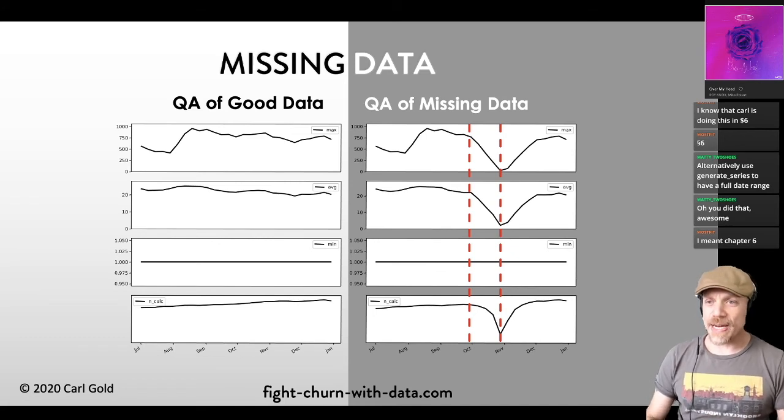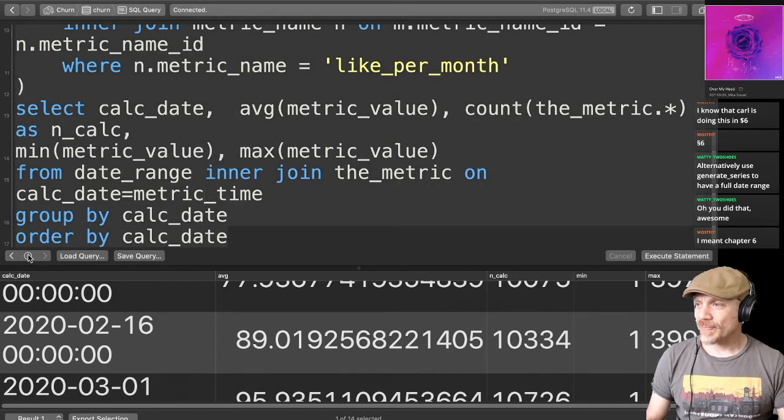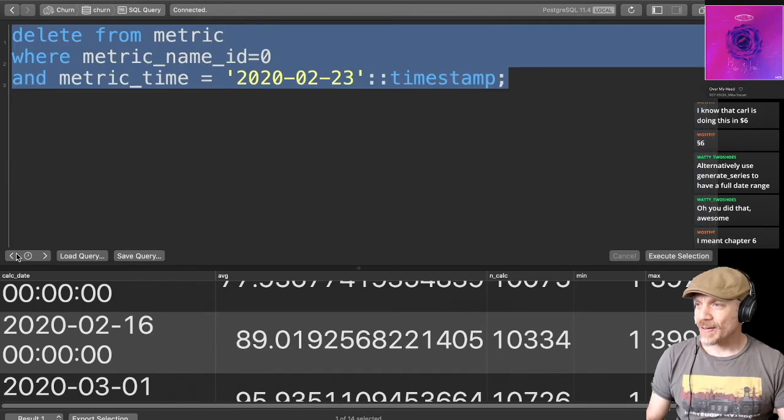So let's look at what happens when you delete some event data and you have missing event data, and what that does to your metric. So I'm going to go back here and I'm going to do some more deleting. Let's see. So here I was doing,